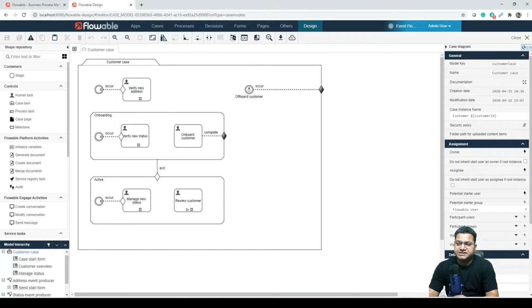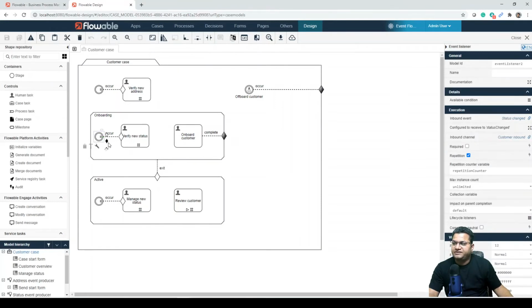So that's where you can see the hash symbol there, and it can be triggered by an event listener. So that is where it is associated with an event listener. There are also event listeners on a couple of tasks in the stages that we will come back to talk about. Now let's click on the event listener connected to the verify new address task.